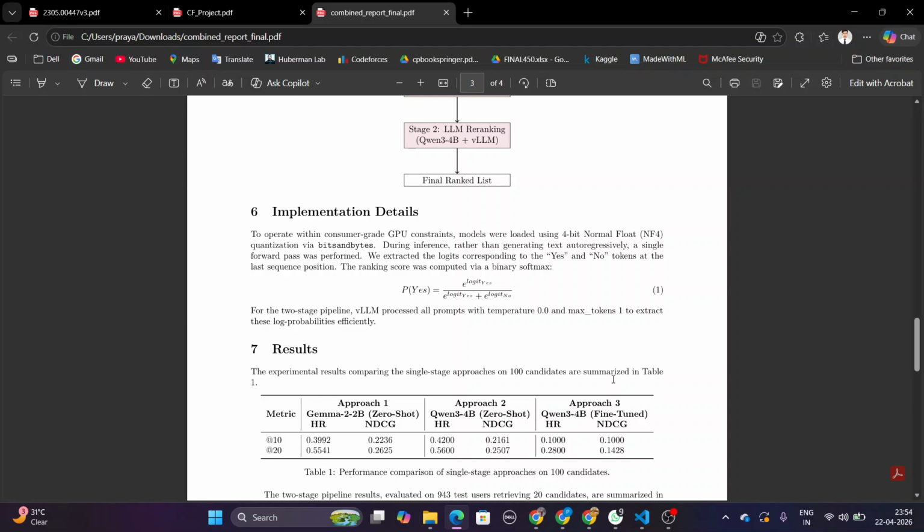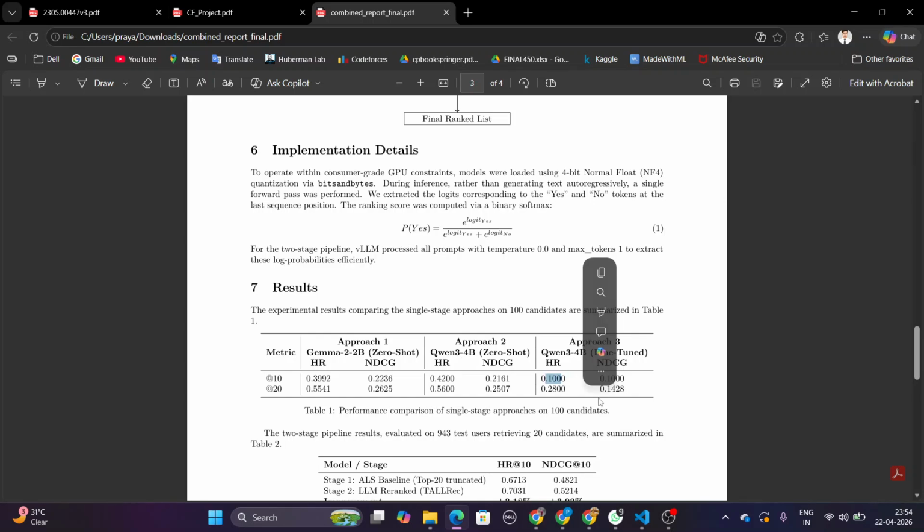The model severely overfit the tiny training set. But it demonstrated that you need adequate recommendation data and a proper instruction tuning phase to maintain the model's generation capabilities.